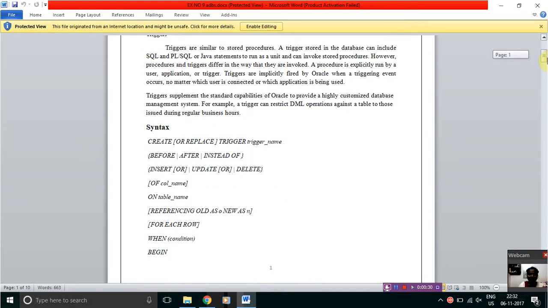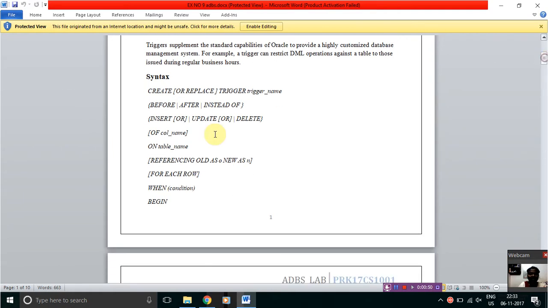So for that, let's take an example. Suppose a user is inserting values. If he is trying to insert, the trigger will be fired. Like that, we have insert, update, and delete trigger operations. And this will be the syntax for triggers: create or replace, the trigger name, before,